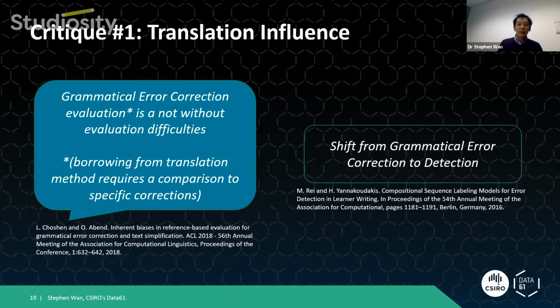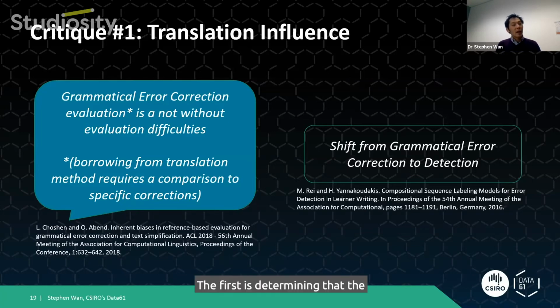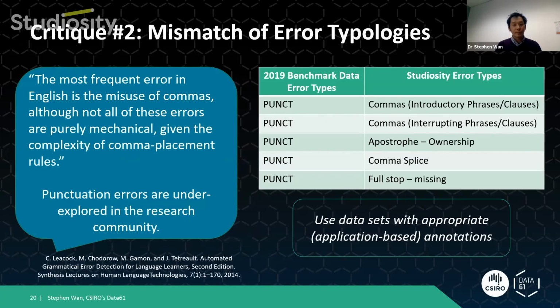And so as a result, some researchers have argued that maybe we shouldn't look at automatic correction, maybe we should look just at error detection as a better target. So for this then, the machine should help us with a different problem, grammatical error detection. And this might have three parts. The first is determining that the sentence has a grammatical error. The second is determining which words are affected by that error. And the third is to specify the type of error. And if you think about it, this is potentially closer to what we need for writing feedback in any case.